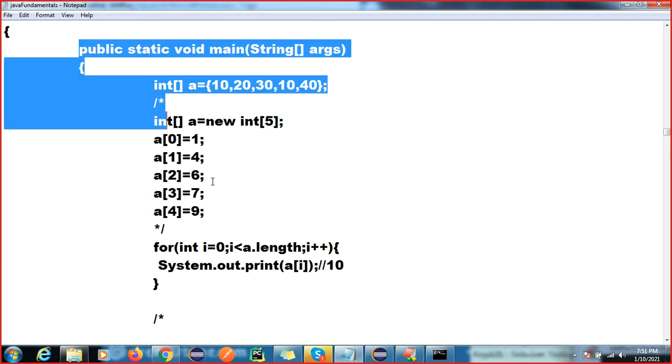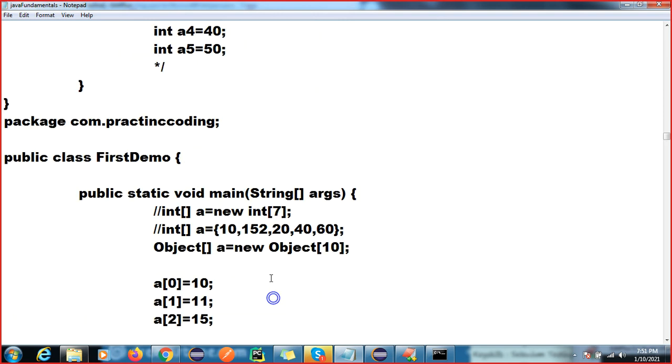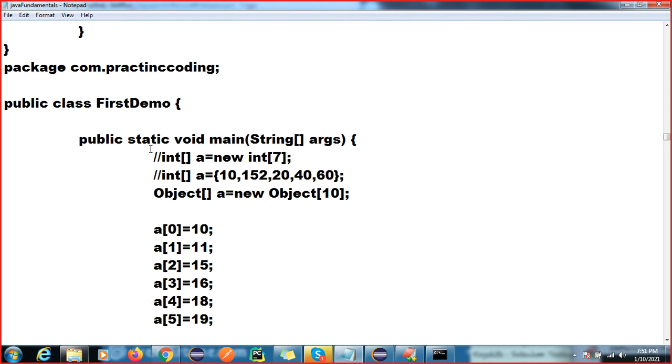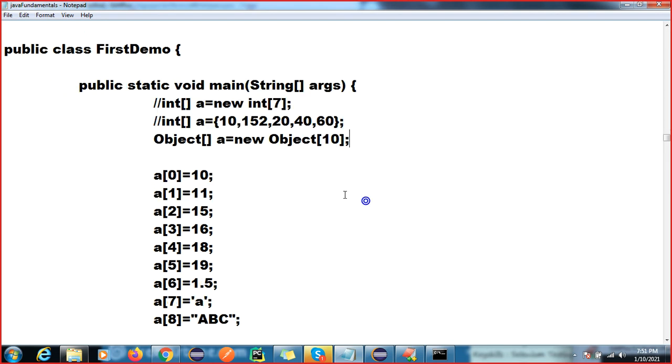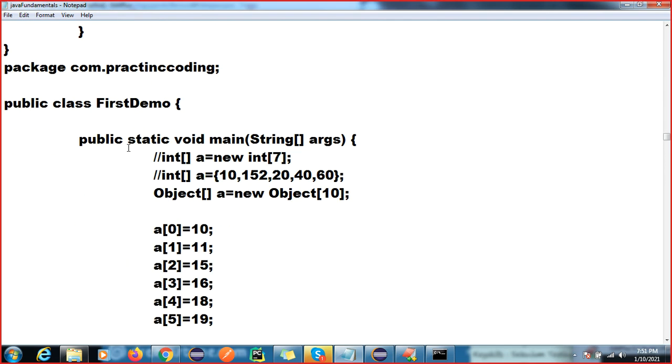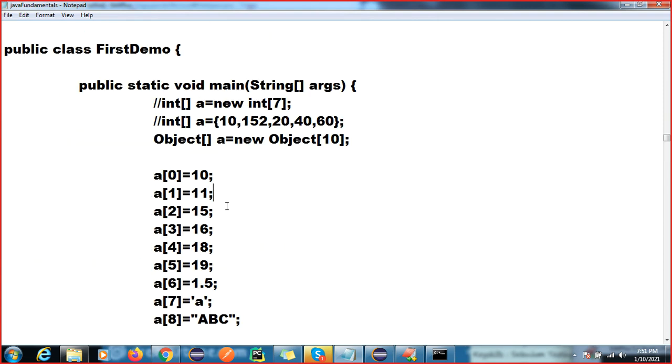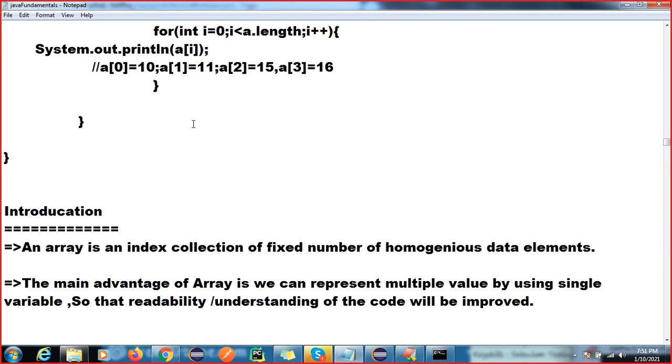This code we have already shown you, and I have already given you this code. You can execute it using the Object class. You can also try it with the Object class, write all the code, and execute it on your system. Then only you will get the confidence. If you only attend the class and listen to my class, it will not be helpful for you. If you do the practice, then day by day you will get more confidence in your subject.